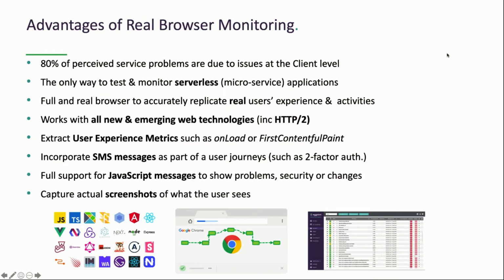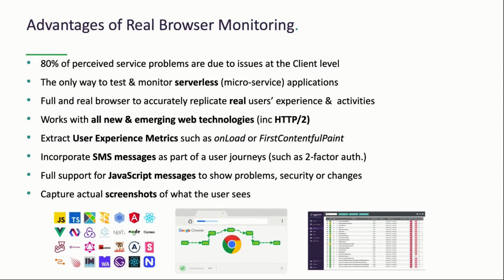So what are the advantages of using a real browser like Chrome? The key advantage is that it helps us to detect issues on the client side, as most problems occur there. We are also able to replicate a real user's behavior and what it actually sees. As a result of supporting Chrome, we are able to support all current as well as emerging web technologies like HTTP2. Chrome also provides us access to user experience metrics, which are low-level timing metrics such as onload for